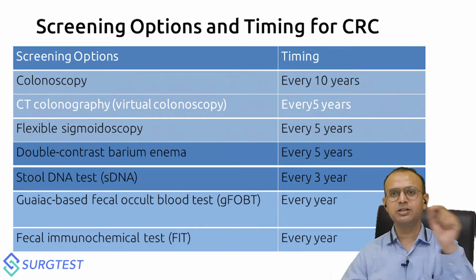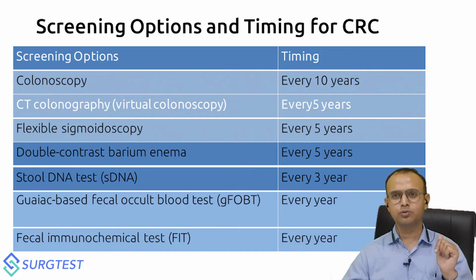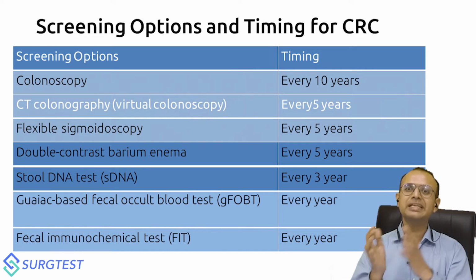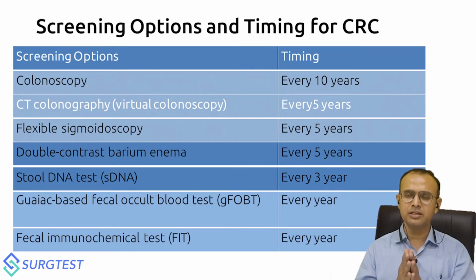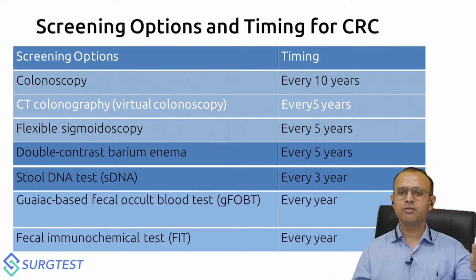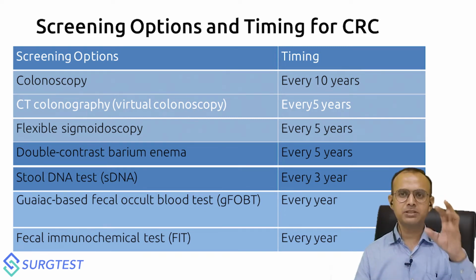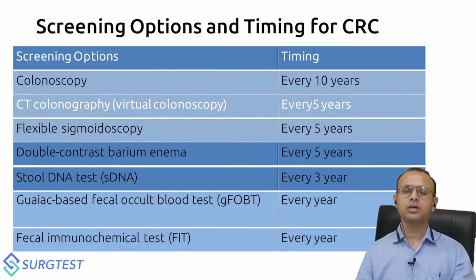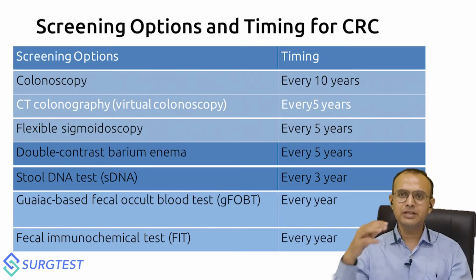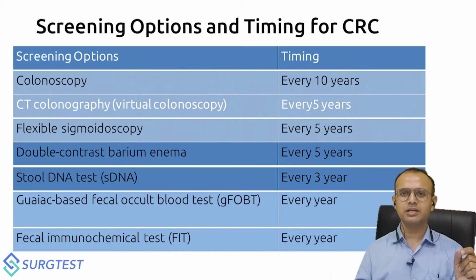If at any point of time we have a positive FOBT or FIT, the patient should be subjected to colonoscopy. If we choose stool DNA as a screening modality, the sensitivity of stool DNA is better than FIT or FOBT. But if we are following stool DNA, we need screening every 3 years after 50. If a person chooses double contrast barium enema, sigmoidoscope or CT colonogram, it has to be repeated every 5 years. If the person chooses colonoscopy, which is the best modality for screening in an asymptomatic average risk patient over 50 years of age,